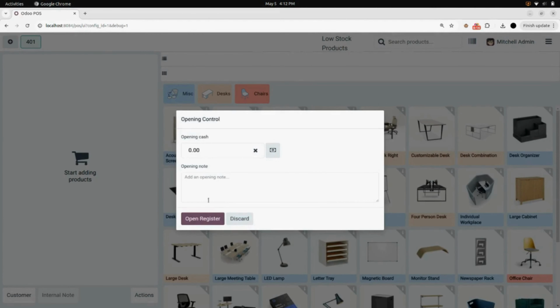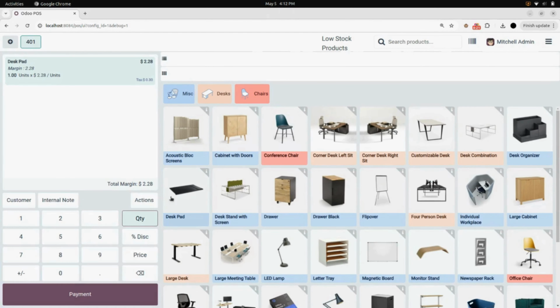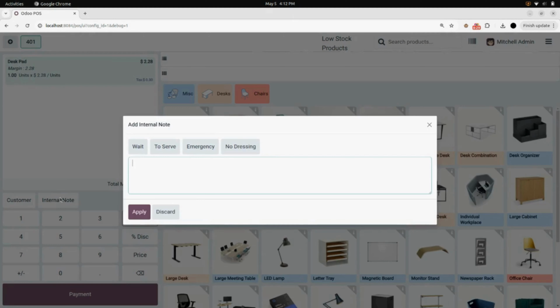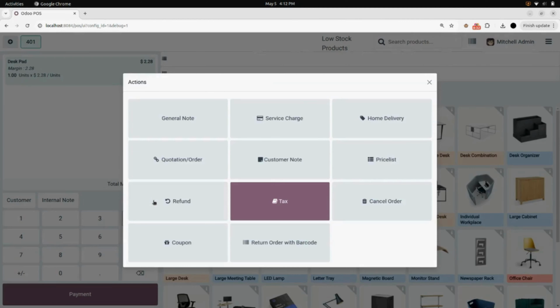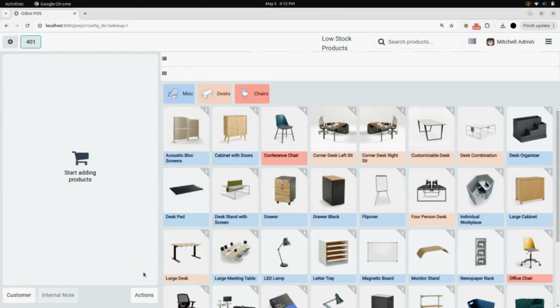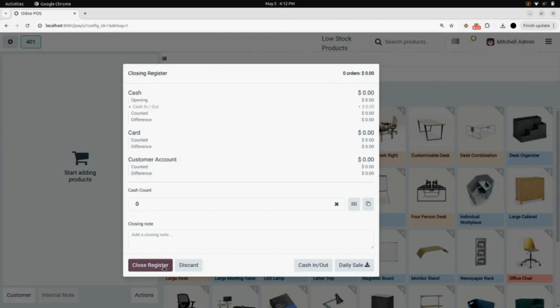In here you can see, if you open your register, that all the buttons are available to you. You can add the customer, you can add your internal notes here, you can select the action button and you can select any button into that, and you can update the quantity, you can use the numpad and everything. You can use the quantity, discount, price, you can use the remove button and everything. So now we are going to close this, and